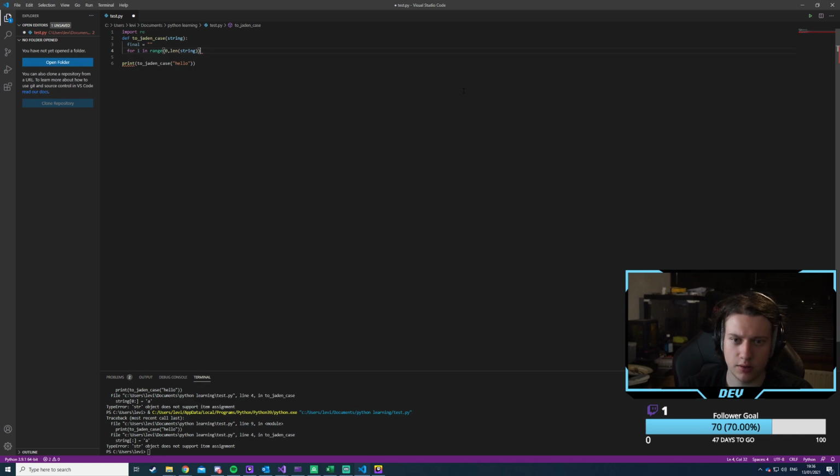Or do I not need this? I think this compiles fine. Okay. So if i is equal to 0, then final plus equals string dot i dot upper.